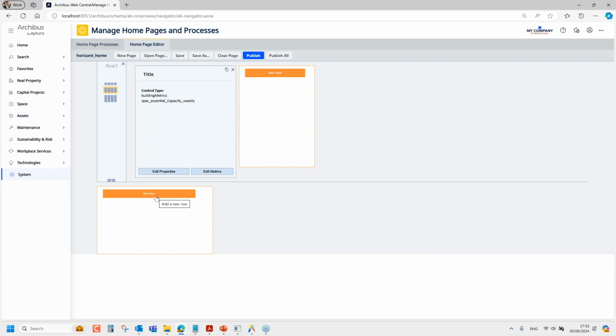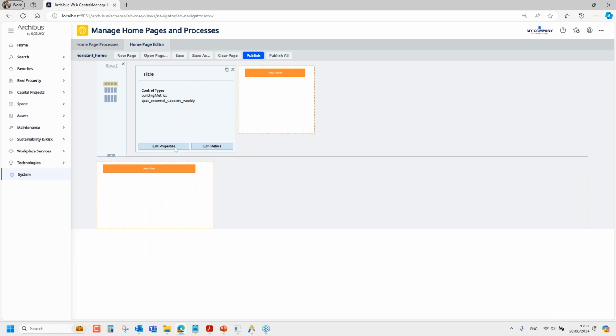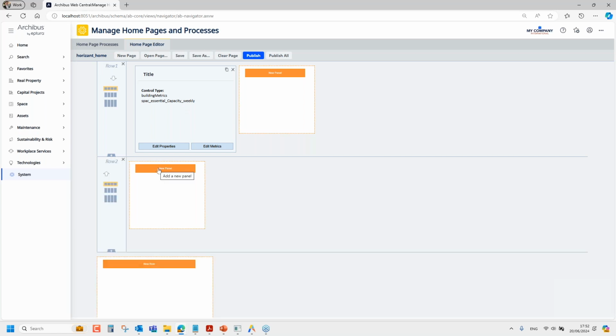Then I'm going to go down, I'm going to change the row height here to make a small little row. I personally like to fit everything on one screen. So I like to make small rows, 2 or 3 rows that will fit on the screen. And you click on next row, you type in a new panel. This time I might choose